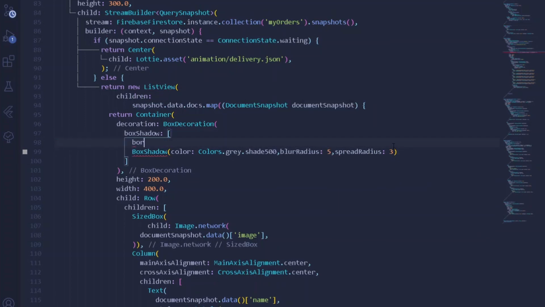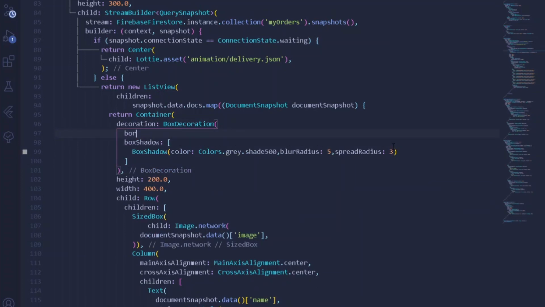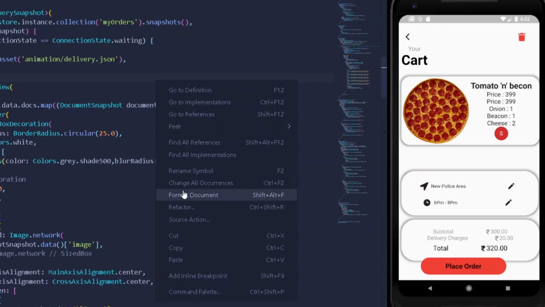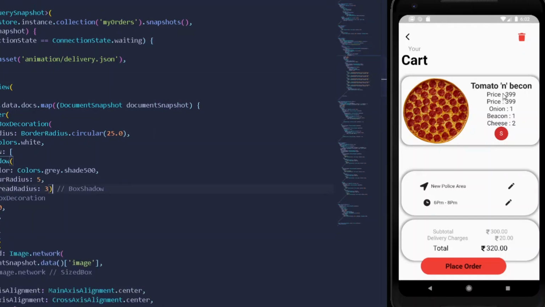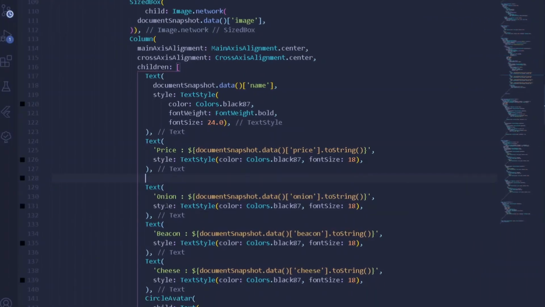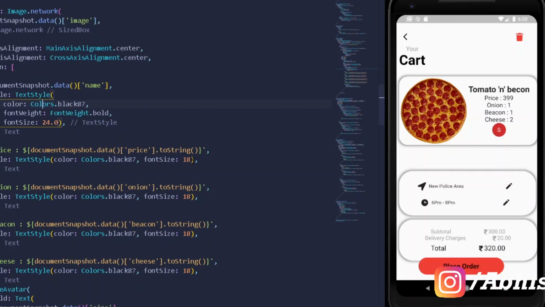After having this, let's have some border radius as well, but not in the box shadow. Here I will have a borderRadius of BorderRadius.circular, let's say 25. After that let's have a default color for our entire container of Colors.white. Cool, so it is looking nice now. Once we have assigned everything here, it is looking quite ugly. Alright, we have price two times. What is going on here? Cool. Once we have done this, let's increase the size of our price, let's say 21. Cool, so it is looking quite good now.